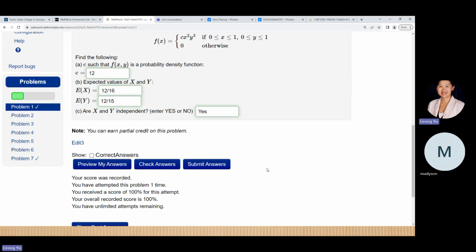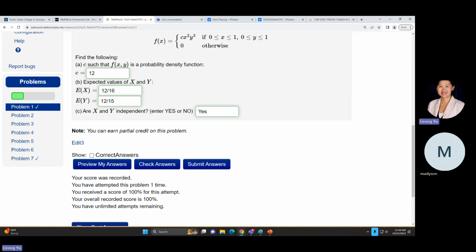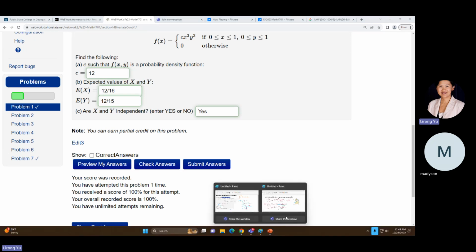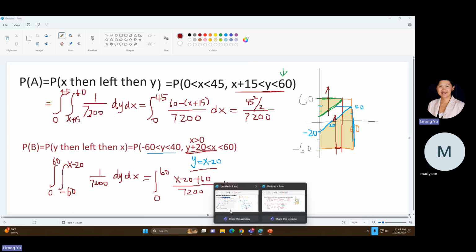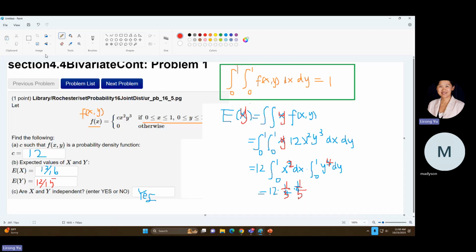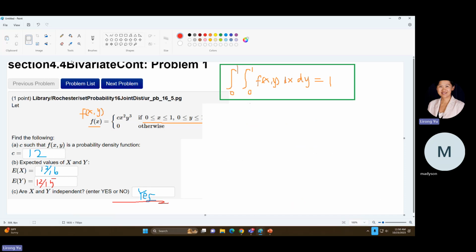If you want to double check whether they are independent, it's better to find the marginal density. We haven't really practiced any marginal density. Let's try to do this. To verify the last one, whether they're independent or not, we should find the marginal density. So what's the marginal density? For example, f of x. It's the density for x. And what we have here is a joint density. It should be an integration of f of x, y